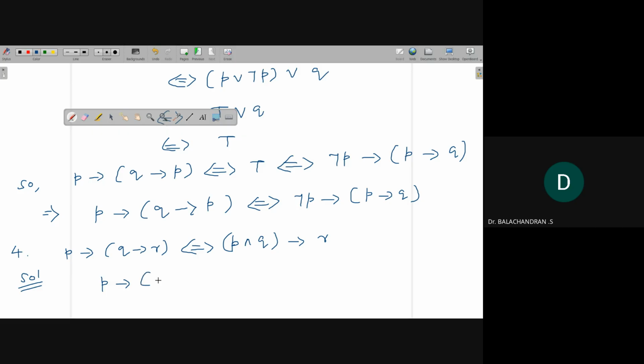P implies (q implies r), which is equivalent to, you can write, p implies (negation q or r). So again, p implies q is what? Negation p or (negation q or r). So again everywhere you have r, you can apply associative law. You'll get negation p or negation q and then r